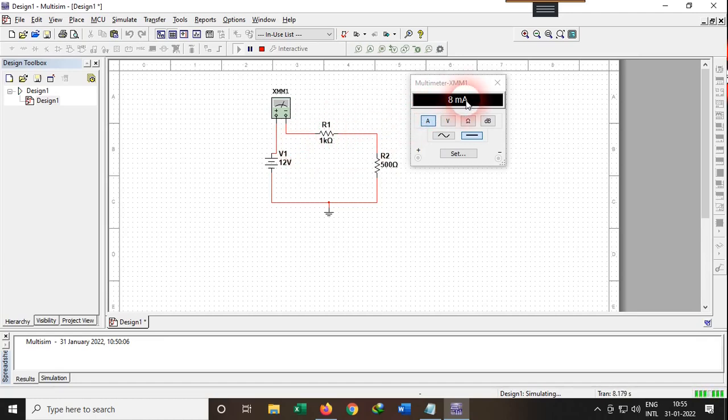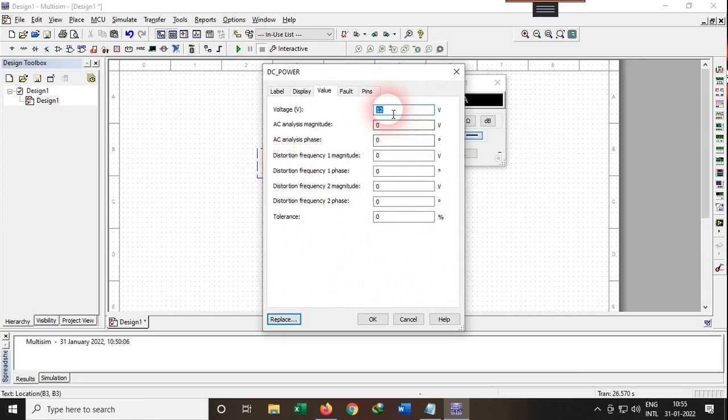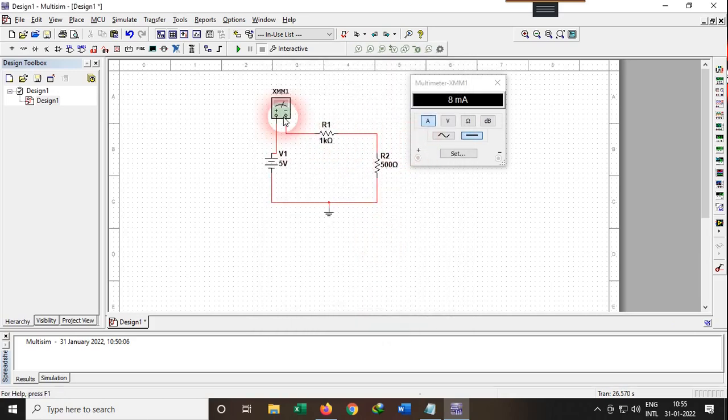Now for Ohm's law, we need to vary this voltage, this V1 voltage. Since the maximum voltage we have taken is 12 volts, we will vary the voltage from 0 to 12, or suppose just from 0 to 5, and run this.